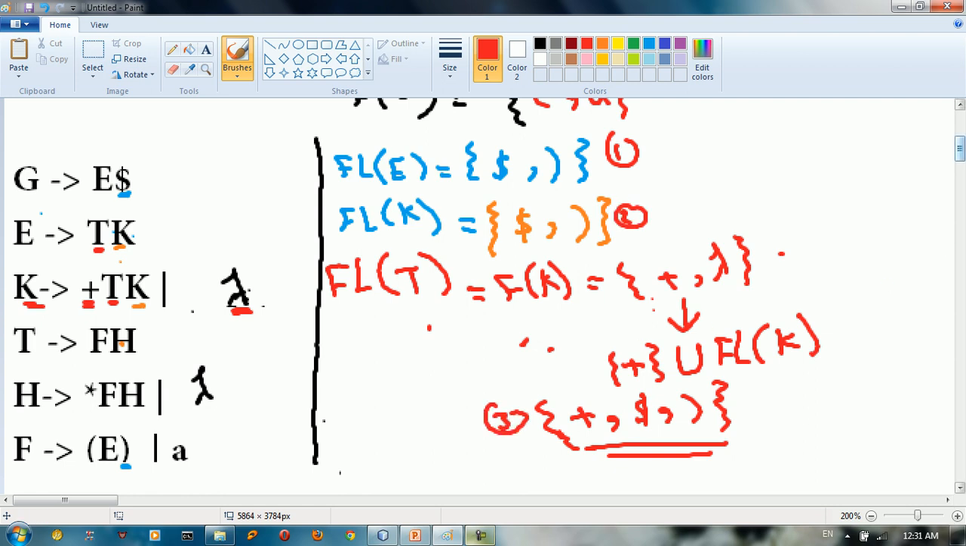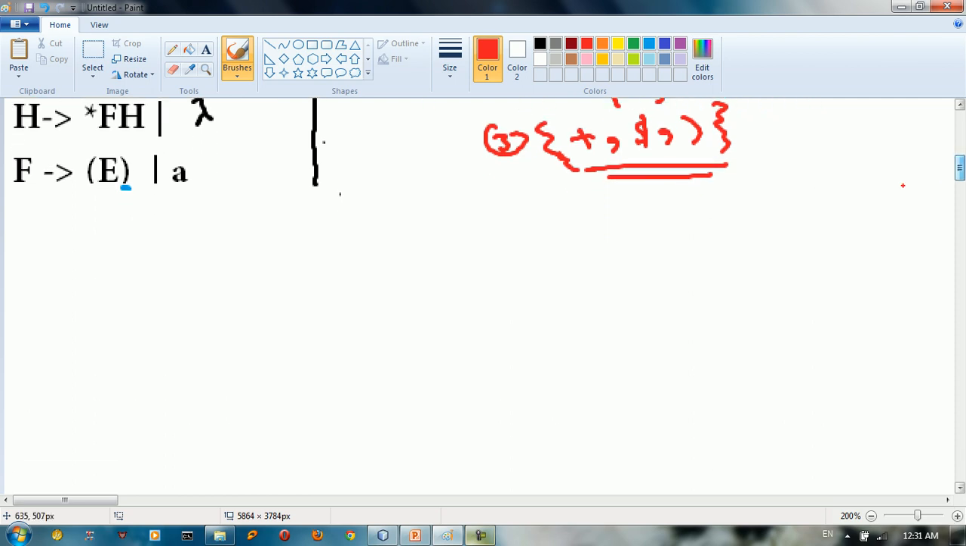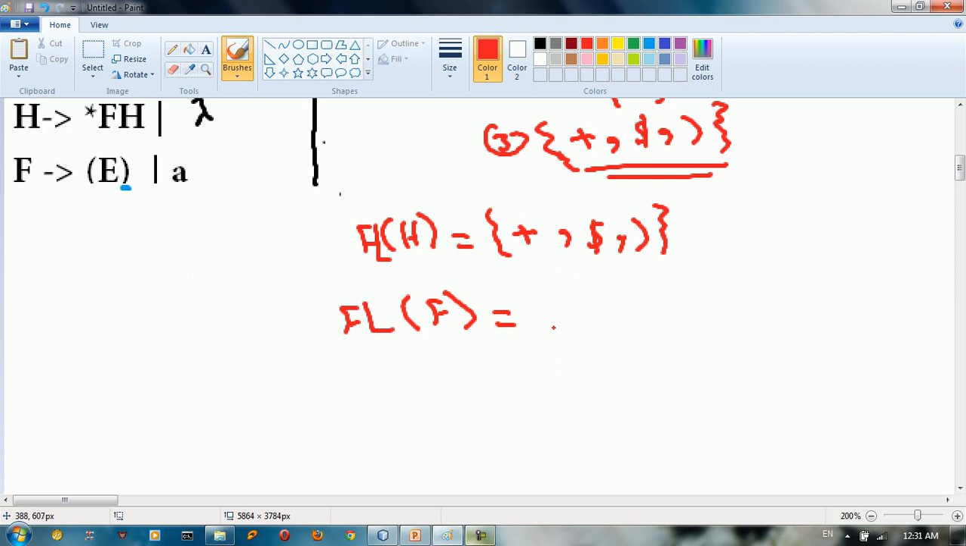We need to continue with our calculation for the first and follow. So we just need to calculate the follow of h, which is going to be plus, $ sign and right parentheses. You calculate the last one, which is f. So follow of f is going to be equal to